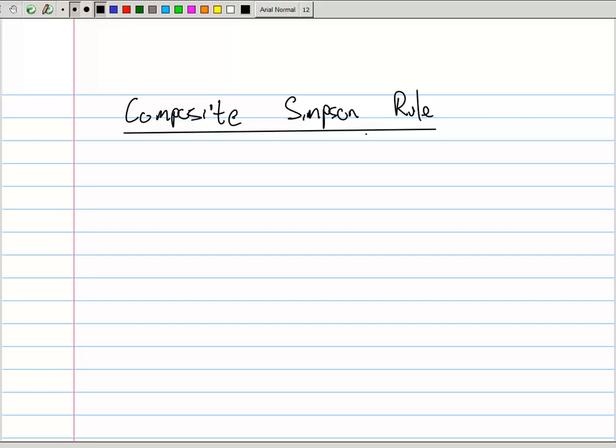Hi everyone, today we're going to look at the composite Simpson rule. I'm going to go over a little overview of the theory and then I'm going to go ahead and do a question. In terms of the theory, the first main thing to note is it is an approximation method and